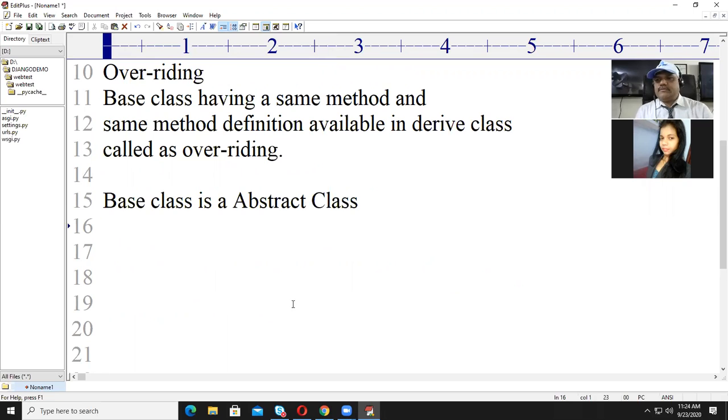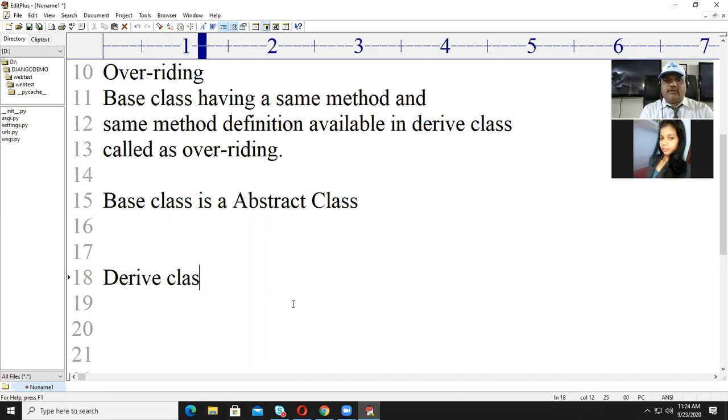As you know, what is an abstract class? An abstract class is a class which has at least one method of abstract type. An abstract class is defined not for instantiation, meaning you cannot create an object of this abstract class. Are you getting me? So an abstract class is designed or defined for extension, and now you create a derived class